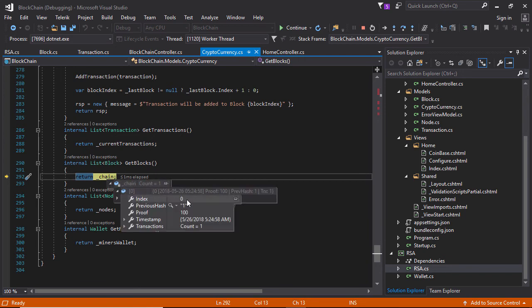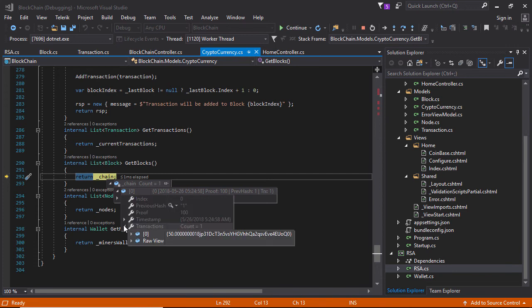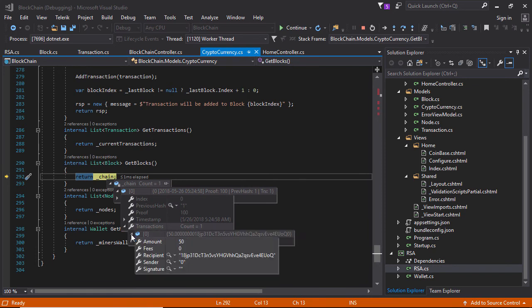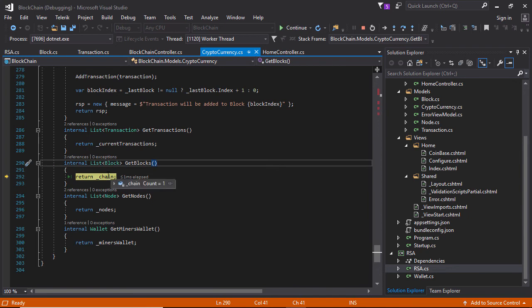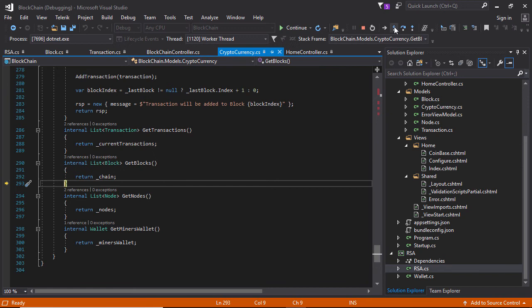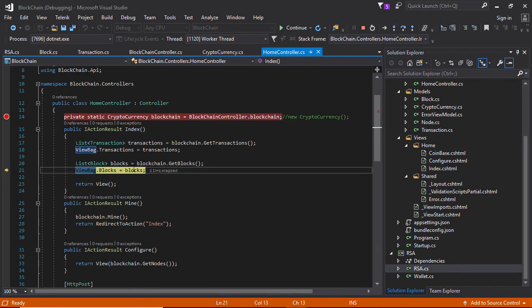Here see index is 0, previous hash 1, proof 100, timestamp, and transaction is 1. This is the first transaction of the miner. This is the public key of this miner, and 50 coin. You can see this chain,